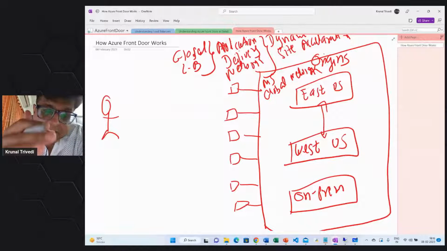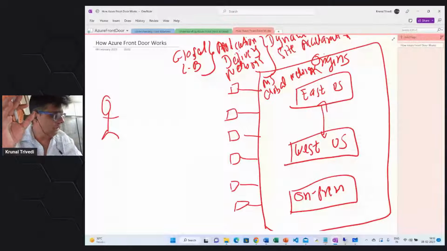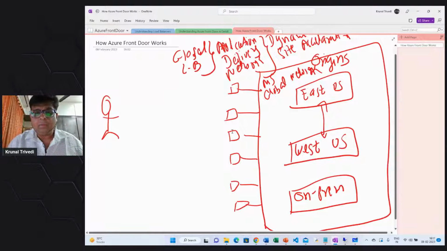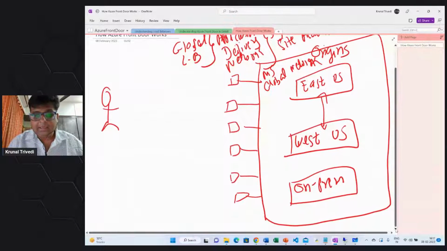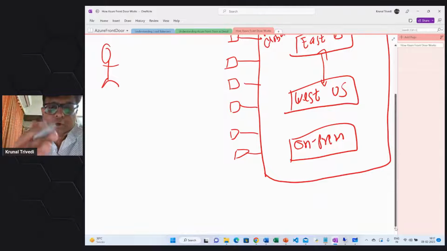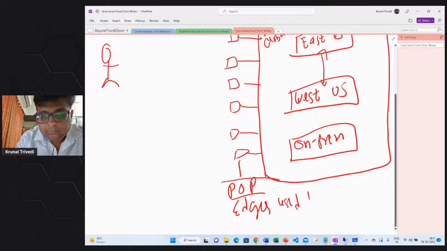These edges are there in various locations, in almost all the cities all over the world. So these edges are used as a content delivery network, and the same edges are used to deliver these Azure Front Door profiles. So this is my POP, point of presence, or edges, which are used to